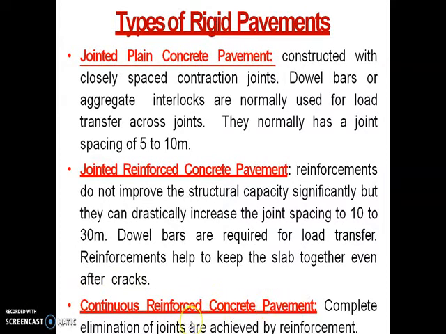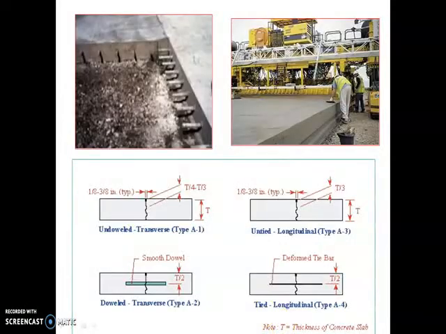T by 4 minus T by 3. And then T by 3 is the thickness, and then this is a T by 2, and then this is a T by 2. T stands for thickness of concrete slab. Now you have to say standard spacing 15 feet, longitudinal joints, tie bar, direction of travel, transverse joint, base, subgrade, dowel, okay, side view.